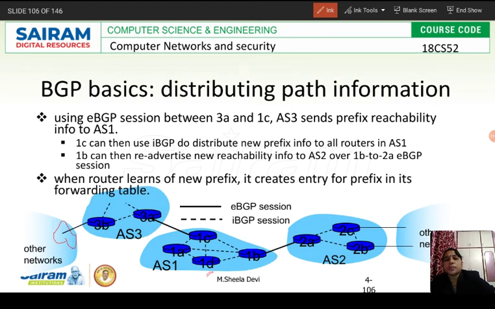What is the path? 1D to 1C, then 1C to 3A in AS3, then 3A to 3B, then 3B to that particular subnetwork. So how can we mention it? AS1 to AS3, then AS3 to that particular subnetwork. This will be the path. This is called the AS path, the autonomous system path.